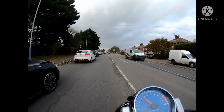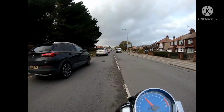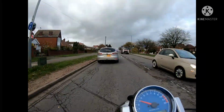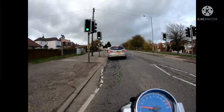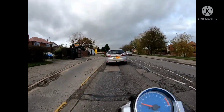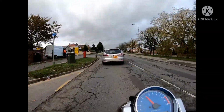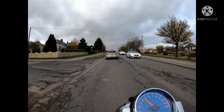So an ambulance has just gone by me here, and in a minute I've got to pull in again and stop. I'm doing a little bit of filtering because they're going slow, but I have to pull in now because someone's coming past. Some more blue lights. There we go, that's the police that time, so it makes you wonder what's gone off, because it's only certain times that I think they send the police with the ambulance. I don't think they always get sent, but